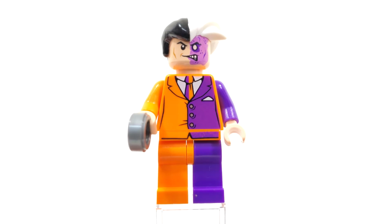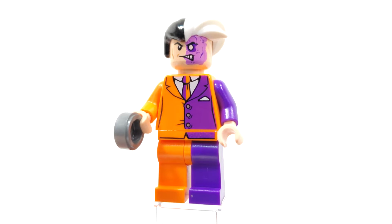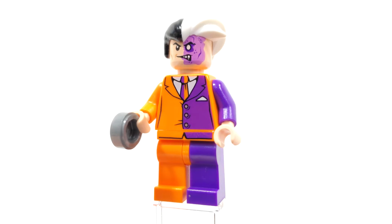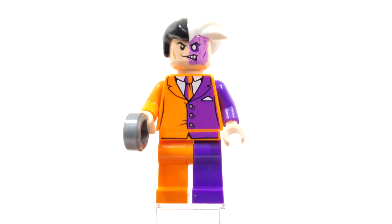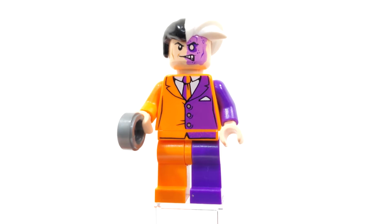No doubt the reason most people bought this set back in the day was our second ever version of Two-Face, who turned out alright. One of my biggest complaints with this particular version of Two-Face is the outfit and also the vehicle and the goons all having this orange and purple look. It's probably based off the comic version at the time, I think. I'm not 100% sure, but I definitely prefer the 2006 version,